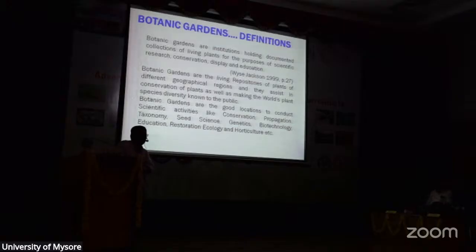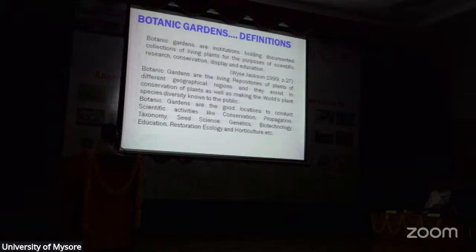These are the places from where research material can be generated and supplied to scientific research institutes working on RET plants. These are the places where new young minds can be sensitized, and many environmental awareness programs can be conducted. Even economy can be generated, in the form of recreation as well as propagation and selling of plants. In the Indian Botanic Garden, recreation itself is getting 40 to 50 lakh rupees per annum. So this is going on.